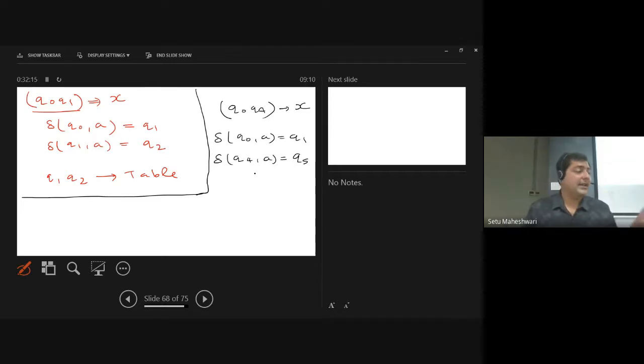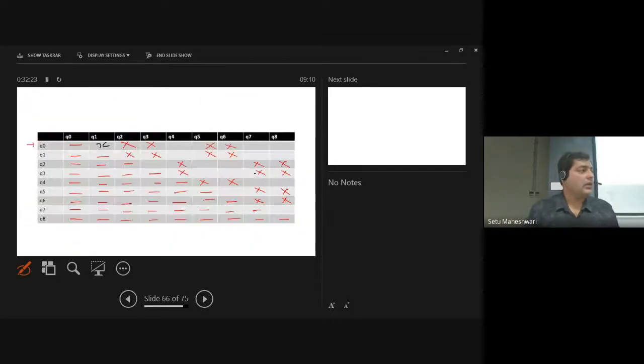In case the entry which you are checking in your table is neither a capital X or cross nor a small x, in that case only you will mark 0. Is that clear? Now everybody can mark this. Start doing. Get all the entries.